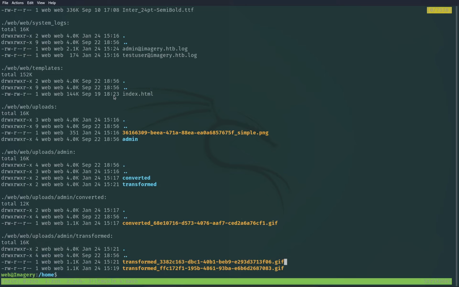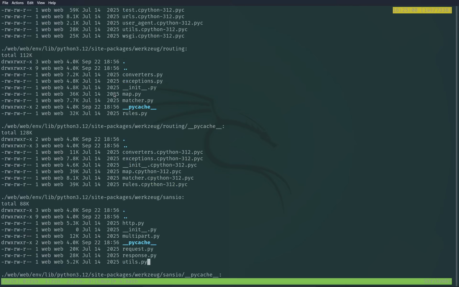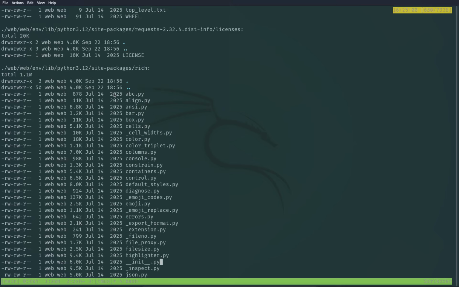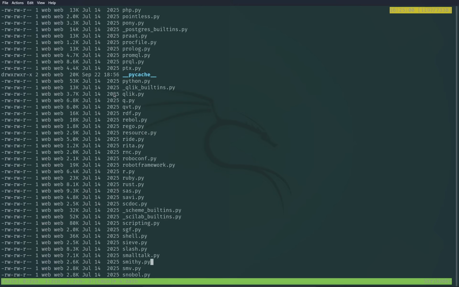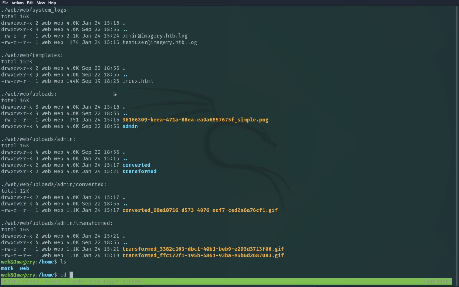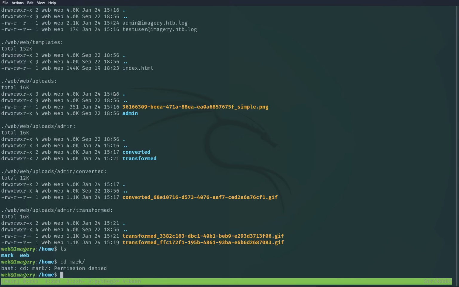Local.txt. I haven't had the flag yet. We see all the Python stuff. cd mark. We need to change into mark. In that case, let me upload then